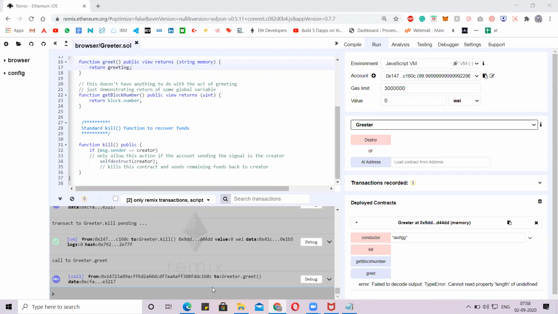Is everyone testing the contract on their IDEs? Raise your hands if you're done with testing the contract. Just do those steps. Is it working or not? Just tell me the output.